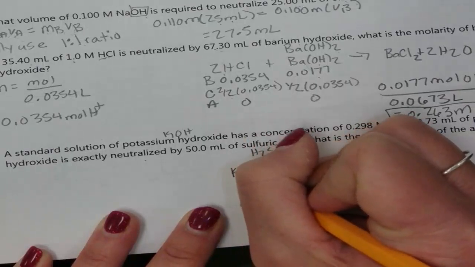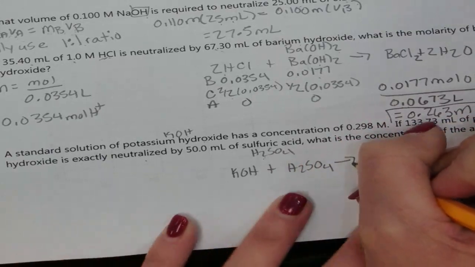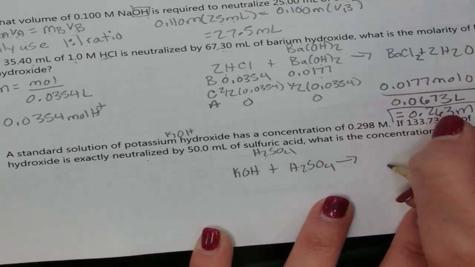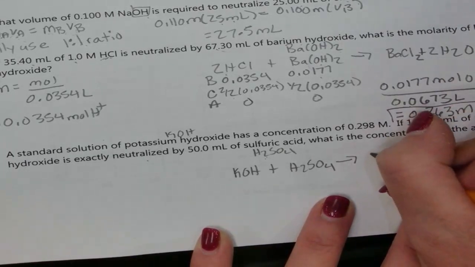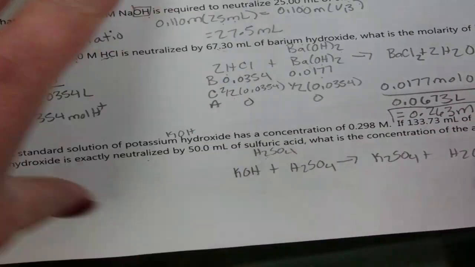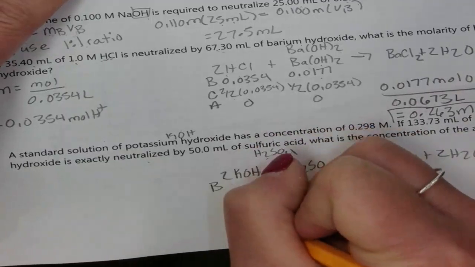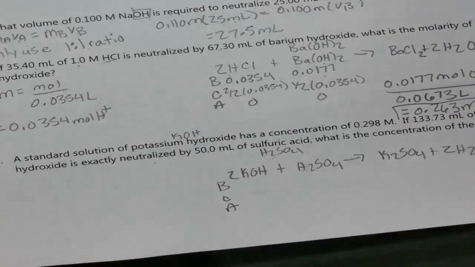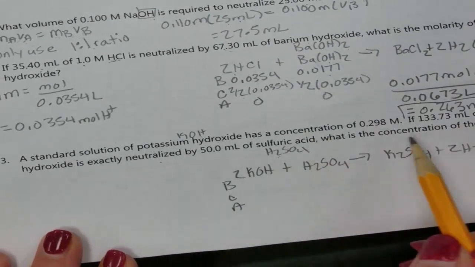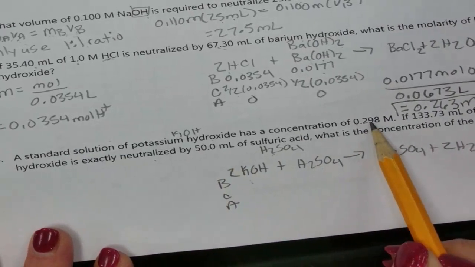I have potassium hydroxide plus sulfuric acid, and that is going to neutralize to form a salt and a water. So K2SO4 plus H2O, and then I simply have to balance my equation here. All right, so when I set up my RICE chart, I want to try and find the moles of acid required. I have the information to find the moles of base that was used, because I have the